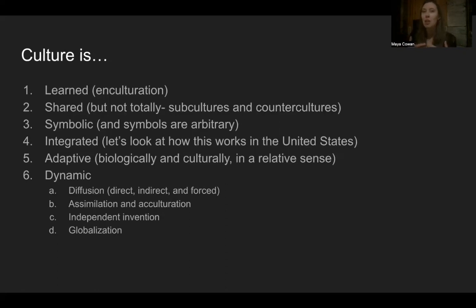Culture is something that really is fundamentally just shared between people. And as to what a subculture and counterculture is, if you've taken any sort of sociology course, you've probably heard these terms before and gone into more depth about it, but it basically means a group of people within the dominant culture. Not just that they're living next to the dominant culture, but they're part of one culture, and they kind of break off a little bit and say, we're different in some way. They have different practices, different traditions.